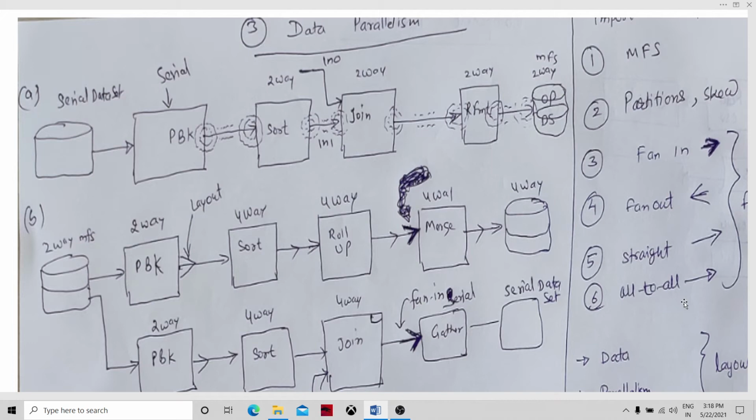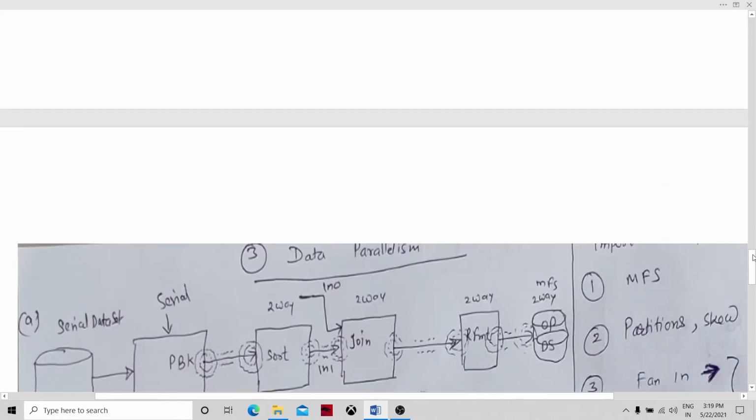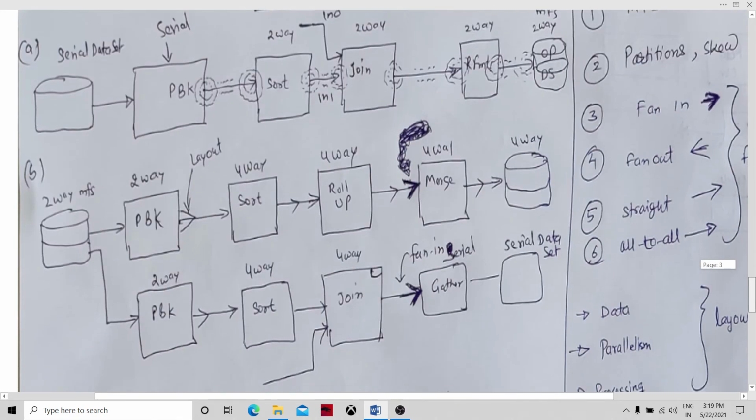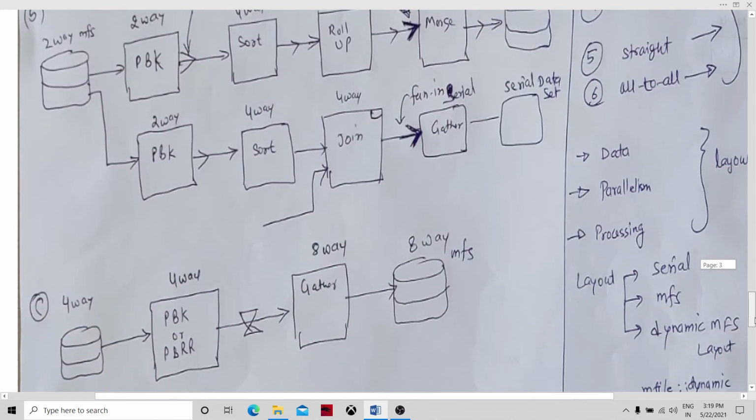If we talk about the MFS, then partitioning comes into the picture, and whenever we talk about partitioning, the related topic of skew comes into the picture, along with the various data flows: fan in, fan out flows, straight flows, all to all flows, and finally the layout. And what kind of layout we have.